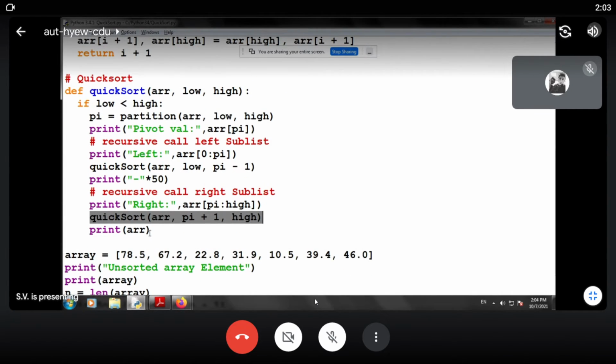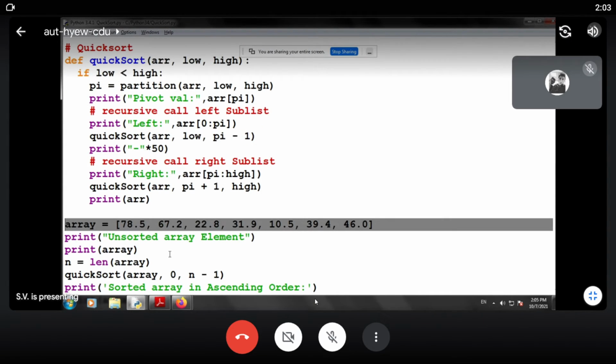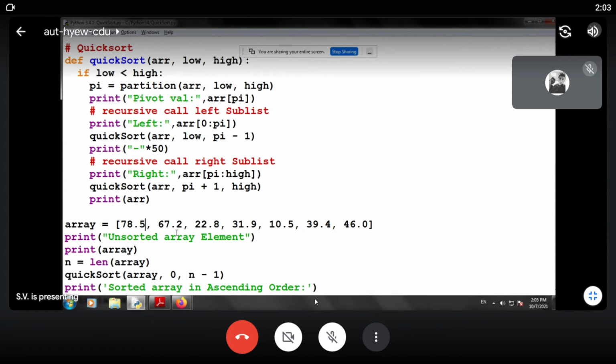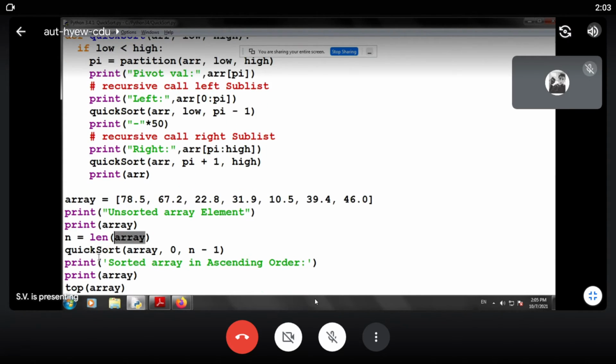Then we print the contents. Now over here you can use the get list function which we have discussed. In get list you can take random dynamic values at runtime, and here we have taken 7 elements. The unsorted array elements are first printed, and then we find the length of it.